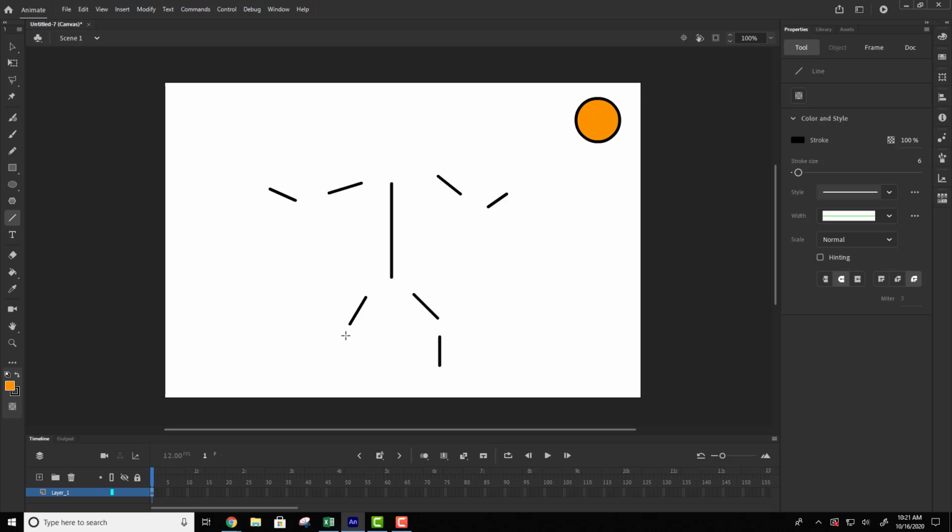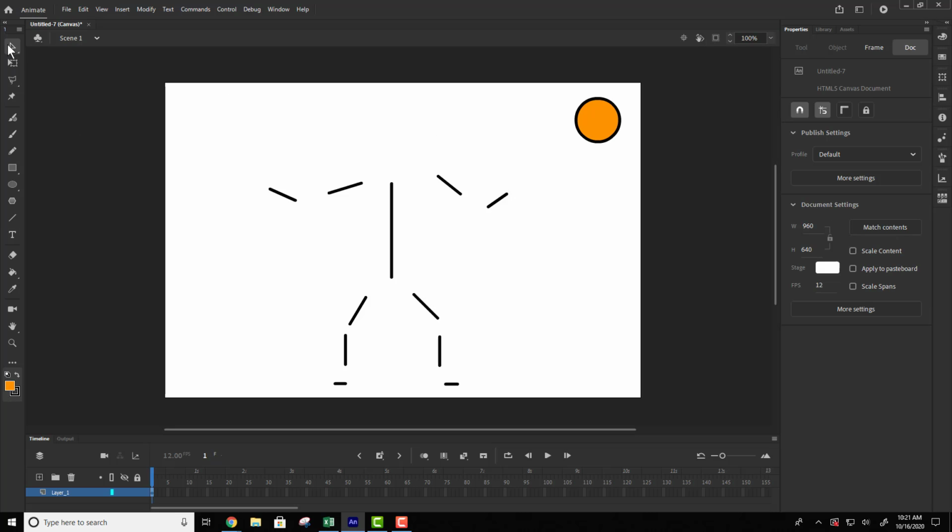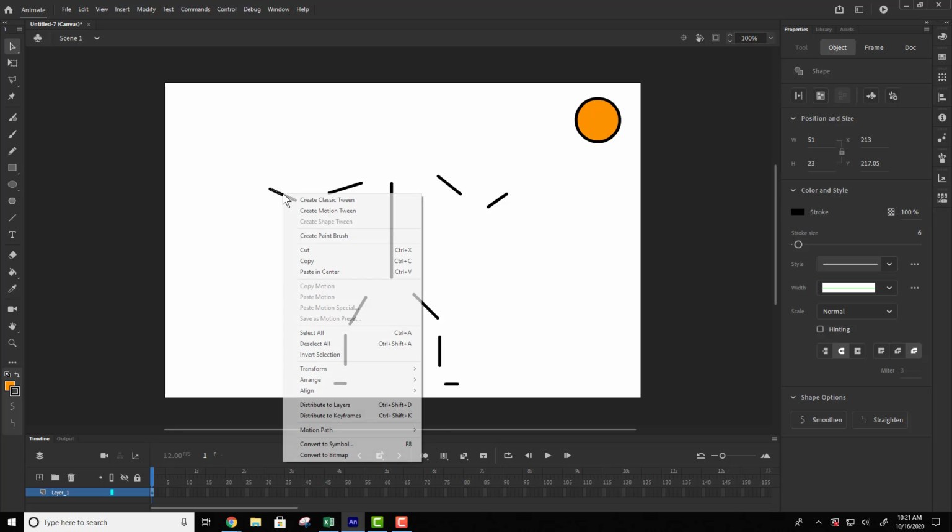and I think I made that one just a little bit too long, and his foot, and his foot. Now that we have all his pieces, and you can see how I've separated them, we're going to go back and grab the selection tool, and we're going to select his forearm,